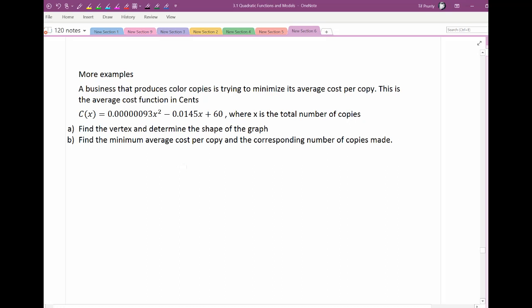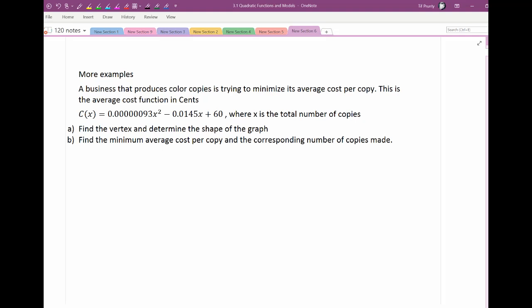Okay, more examples of applications of quadratics. These are a little easier because we don't have to come up with the equation. They're given to us, although the equations themselves, especially this first one, is quite large. Okay, so we've got a business that produces colored copies of a certain type of,